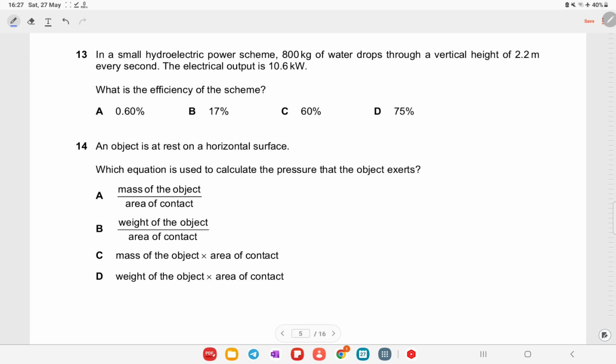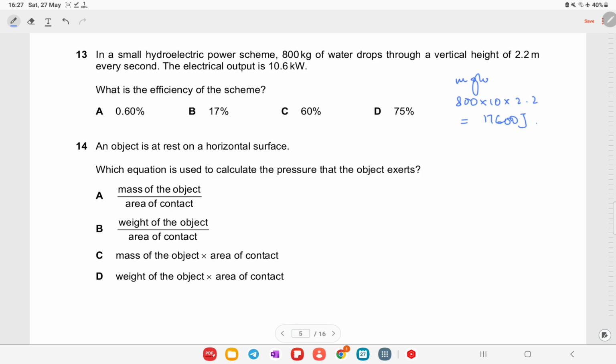In a small hydroelectric power scheme, 800 kg of water drops through a vertical height of 2.2 meters every second. The electrical output is 10.6 kilowatts. What is the efficiency of this scheme? We are first going to find the potential energy, which is going to be 800 times 10 times 2.2, which is around 17600